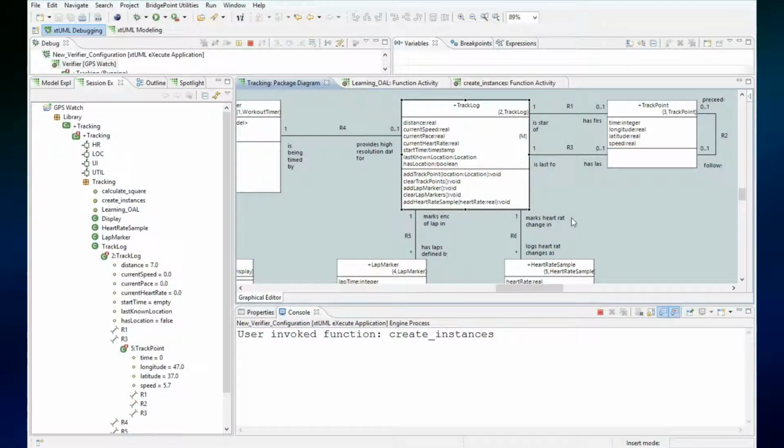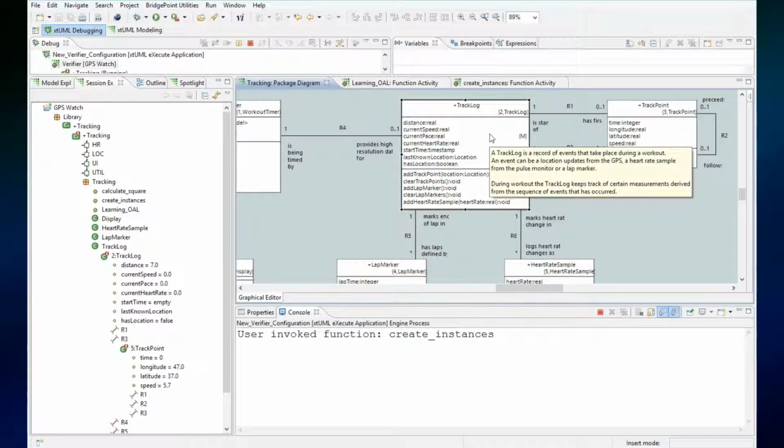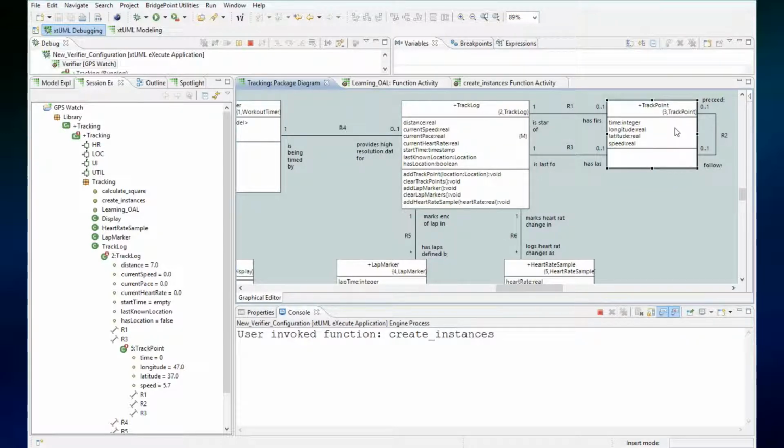In this segment, we are going to learn a couple of things together. We're going to learn the select any statement. Well, we've already learned that, but we're going to use it. We're going to learn select related, and we're going to use the unrelate statement as well as use the relate statement again. We have one instance of track log and three instances of track point linked together from the previous